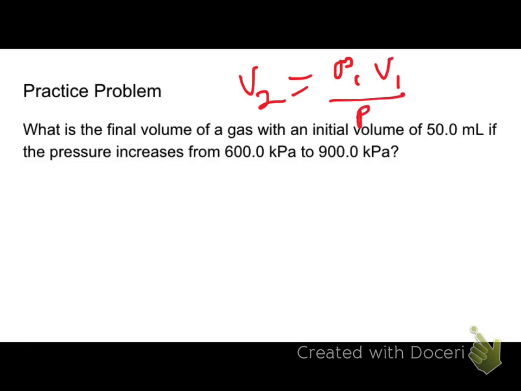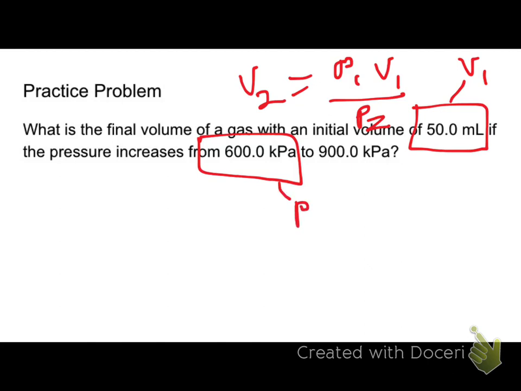So if we're looking at the problem, they give you an initial volume, which is right here. That would be volume 1. And they give you the starting pressure, which would be pressure 1. And they give you the final pressure, which would be pressure 2. So then all you have to do is plug those numbers in to solve for the final volume, which is volume 2. So if you take your initial pressure of 600